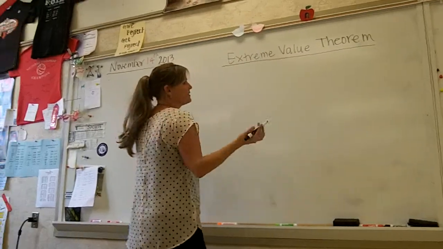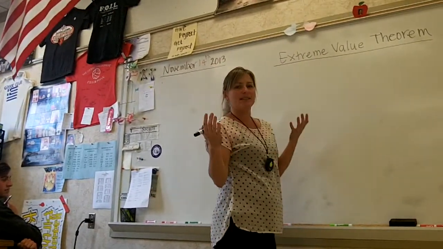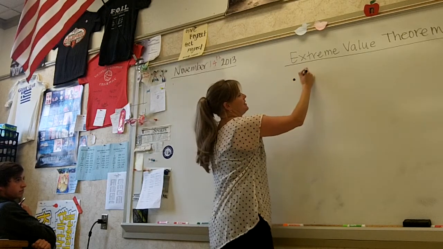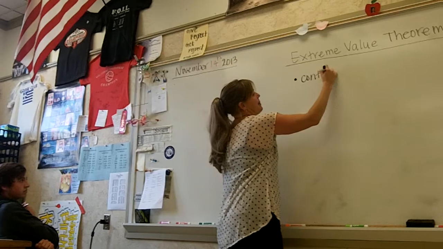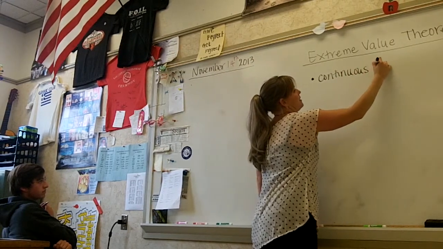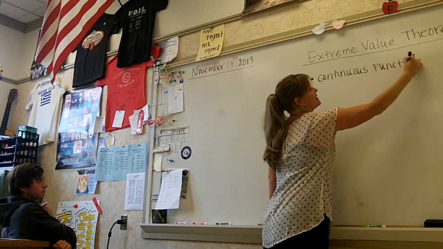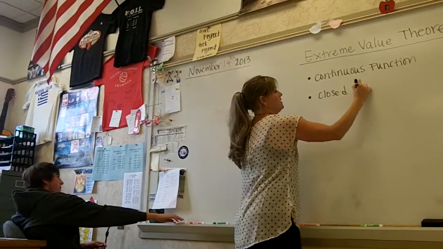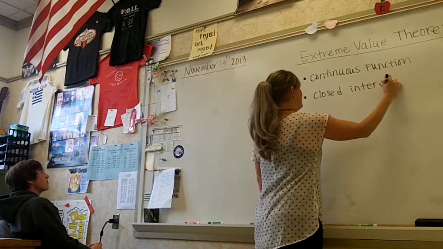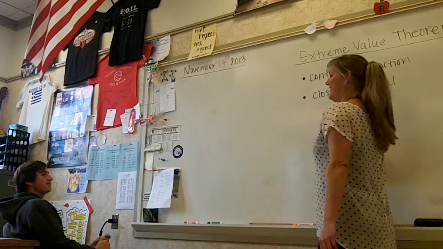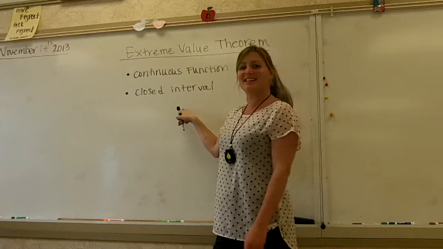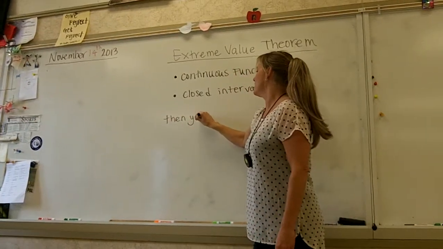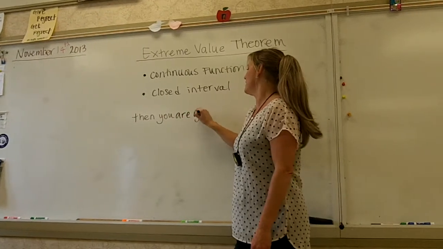Okay, so the extreme value theorem is just this theorem that is kind of silly in calculus, but they really break it down way too much and take themselves way too seriously. So two conditions have to exist. You have to have a continuous function, which is basically what you need for everything to exist in calculus, and you need to have a closed interval. Is this looking familiar to you yet? Yeah. So if these two conditions exist, then you are guaranteed